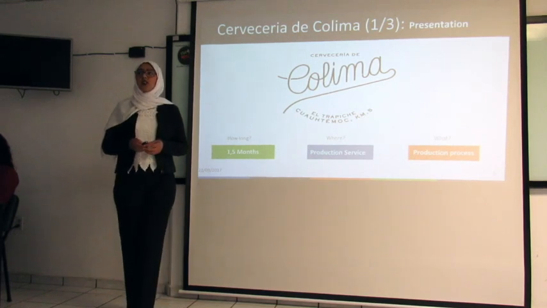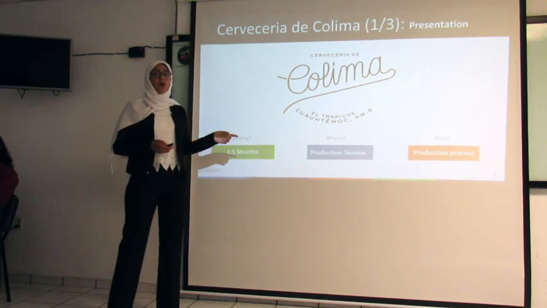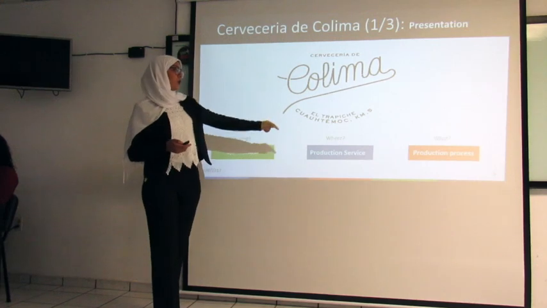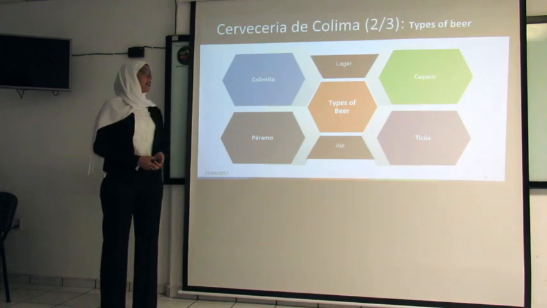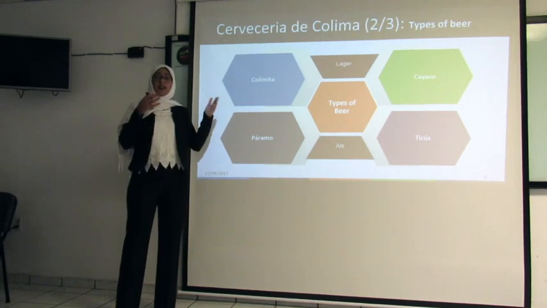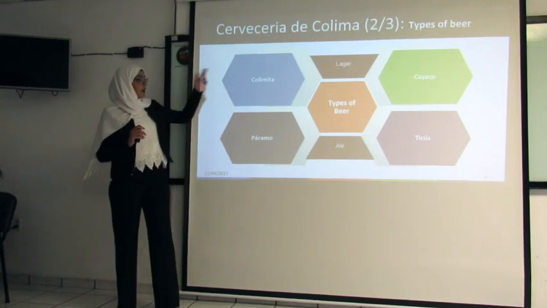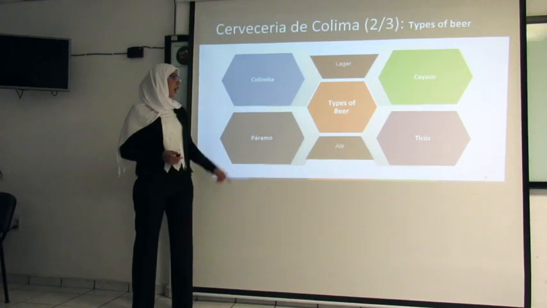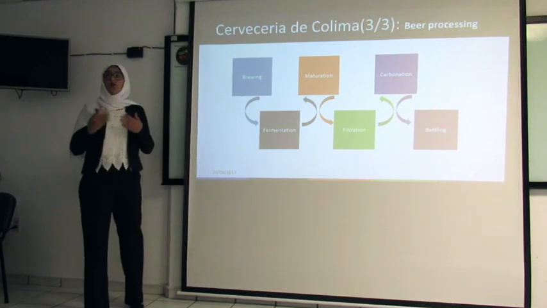So we have been in the Cerveceria of Colima for a month and a half, working in the production service, and we've been observing all the production process. In the Cerveceria of Colima, they're producing 4 principal products, and here we can distinguish between 2 types, lager and ale. As an example, for lager we find Colimita and Cairo, and for ale we find Paramo and Tecos. And to understand more